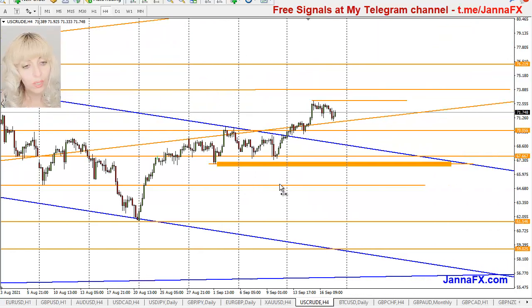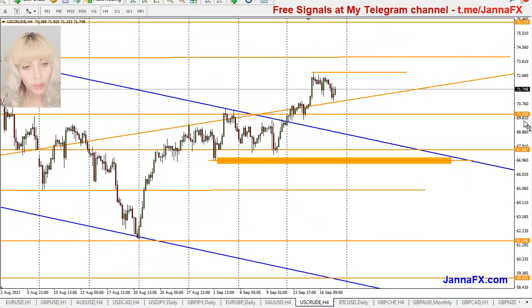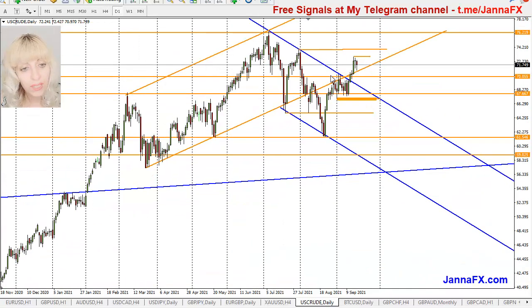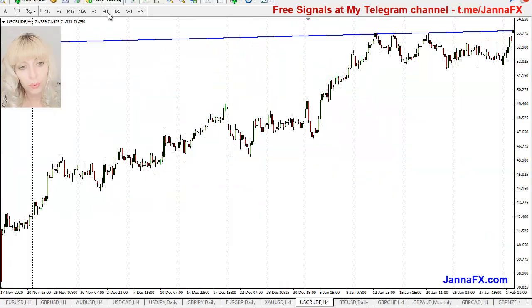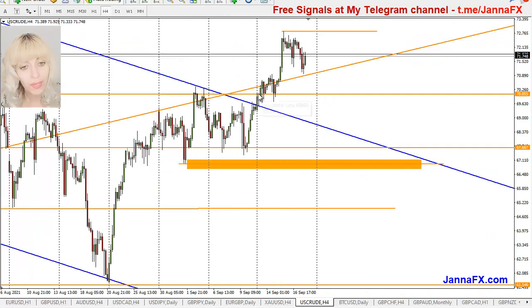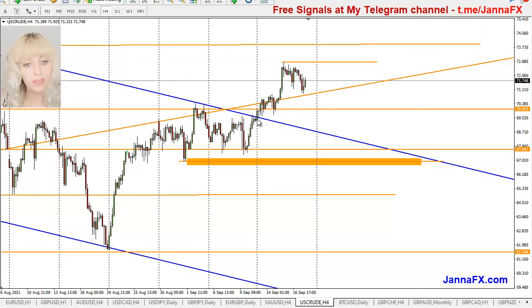US crude oil, the same situation, guys. I was telling you, right, that area is crucial between two levels, 50-50, that way or that way. Of course, I was telling you what the technical picture was looking like, because it was still inside, but was trying a little bit to break through. It had started to break out a little bit. That's why I was telling you, yes, technically we are looking down. So I was telling you, if it would go down a little bit, we would watch if it would stop somewhere in the middle, or if it would be trying to break.